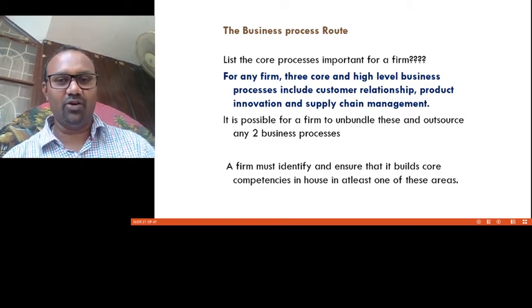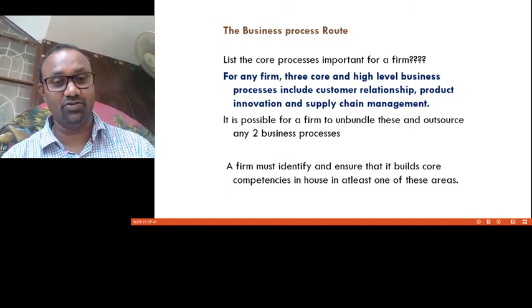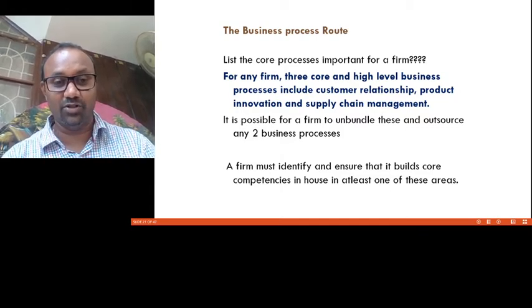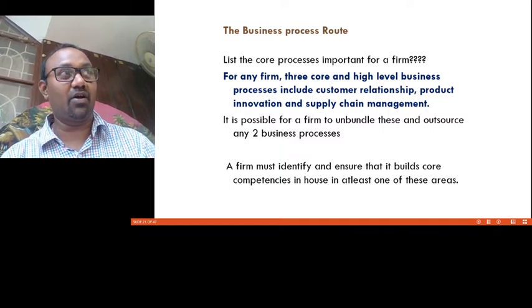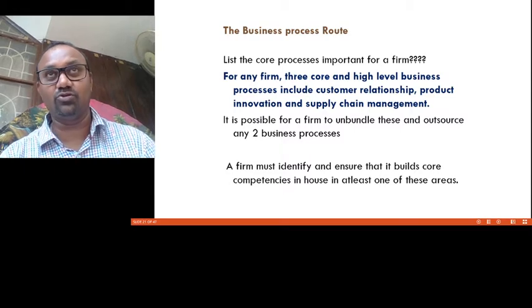For any firm, three core and high level business processes include customer relationship, product innovation, and supply chain management. So, three things are very often considered to be very core for any organization. One is customer relationship, which is considered to be very core because you need to keep in touch with your customers. Second is product innovation, because designing and developing new products and services